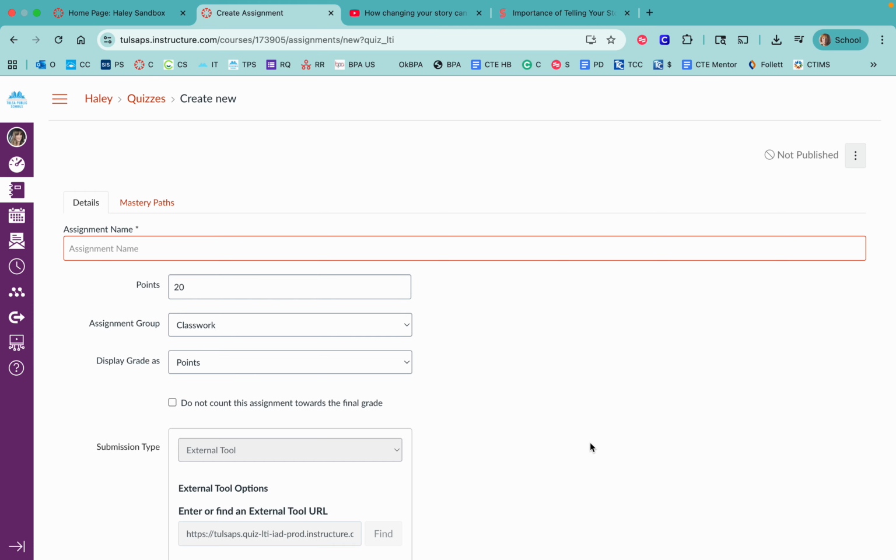Here, I want to show you guys a favorite tool of mine, and that is quizzes in Canvas. I use quizzes quite a bit as just regular assignments. Don't get too hung up on the word quiz. You can use it as a formal assessment, as a quick check for understanding, but I love how robust the